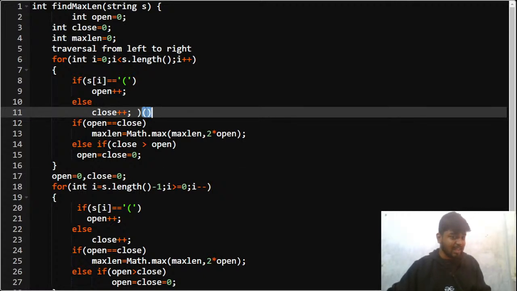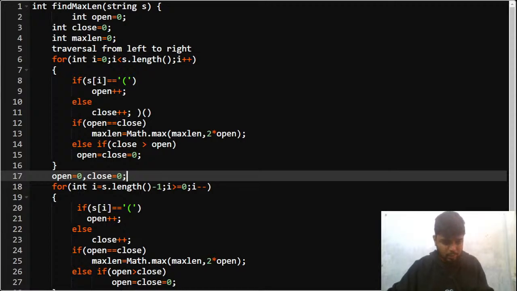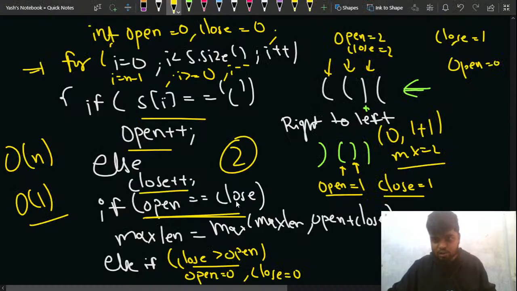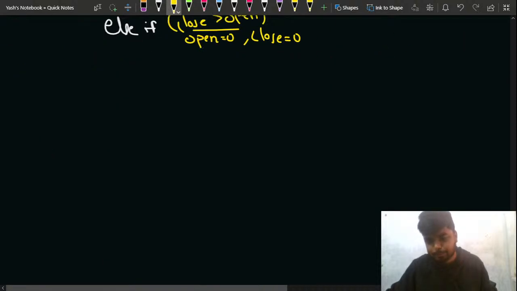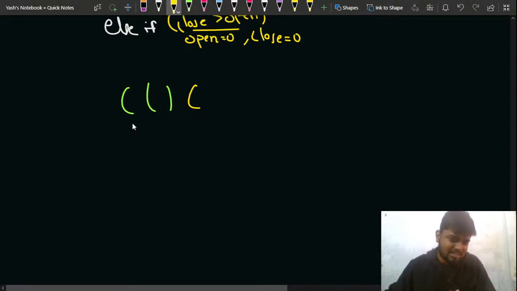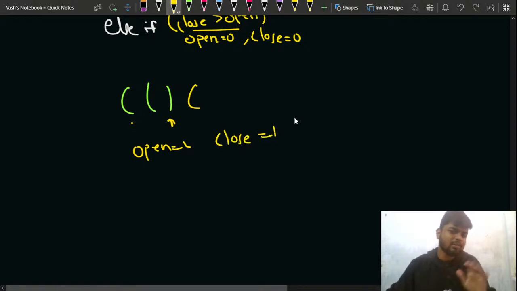But as I told you in this case, let me show you again. For this case, I told you that if the case looks like this, that is open, this and this, right? So in this case, you can see that from here, if you are looking at it, from here up till here, what will happen? The number of openings will be 2 and the number of closings will be 1, right? So it will never get you the answer if you are looking from left to right.